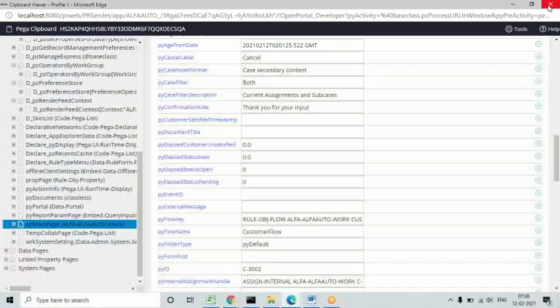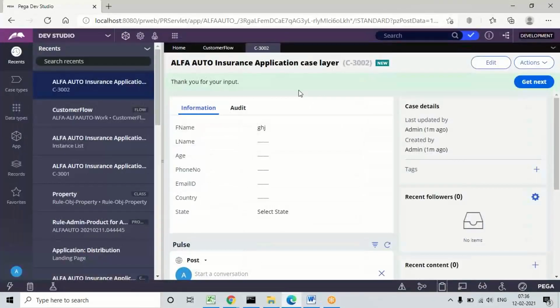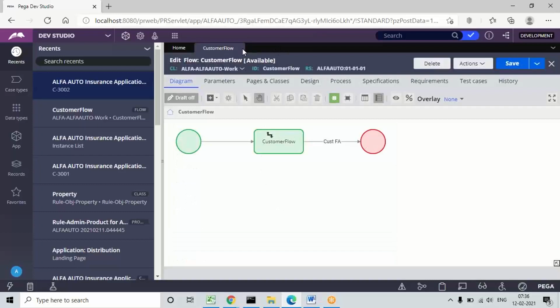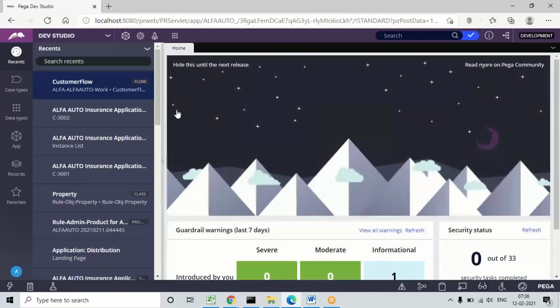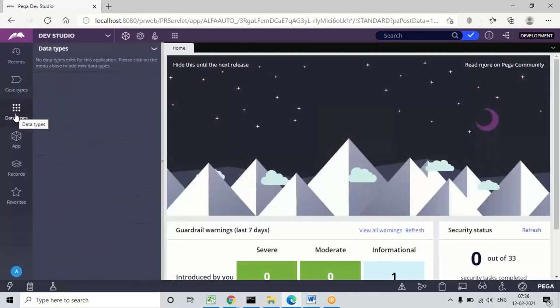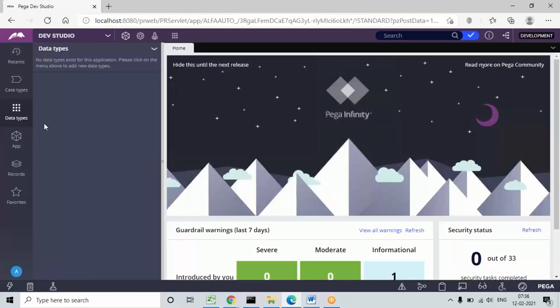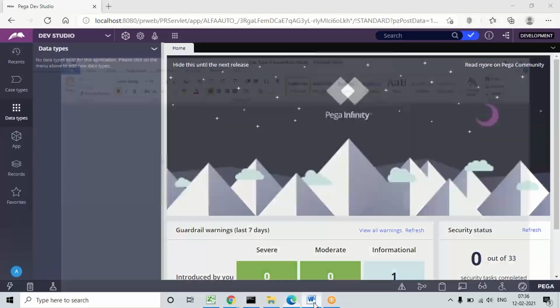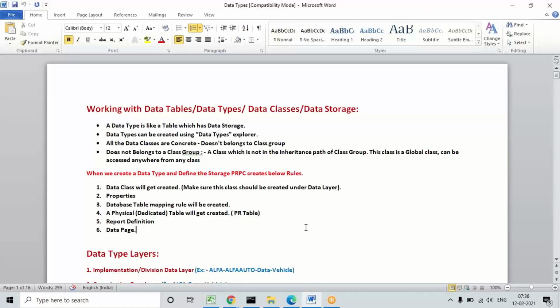Okay, now the next thing is I want to discuss data tables in Pega. So what are data tables and how to define them? See, in the previous classes, if you remember, we have created these. First of all, I'll show you. Today I'll define one table. No issue. See, coming to the data tables.